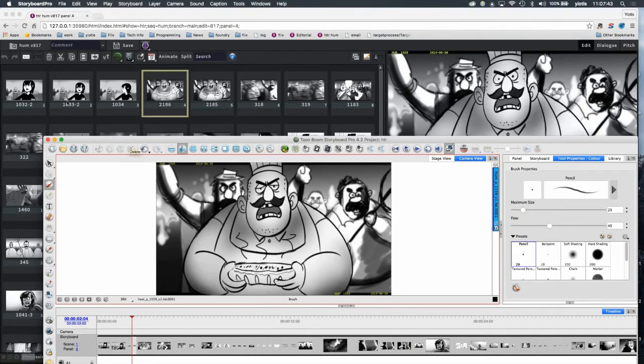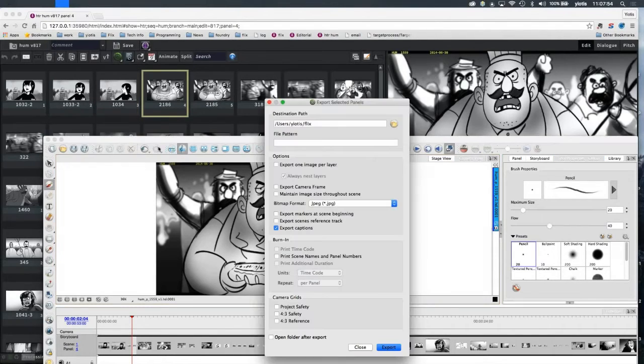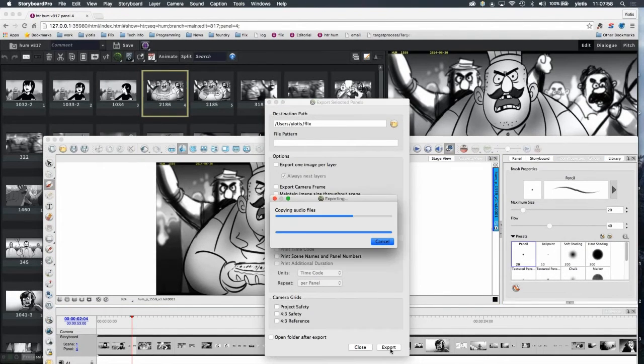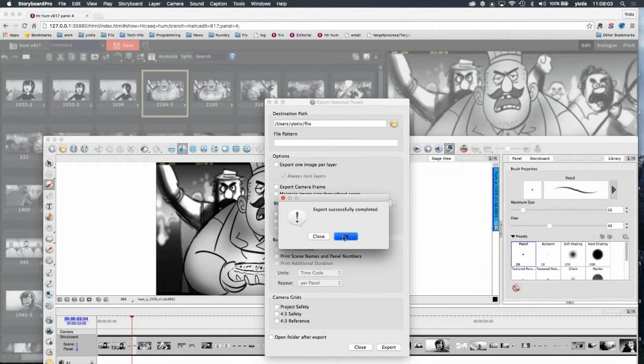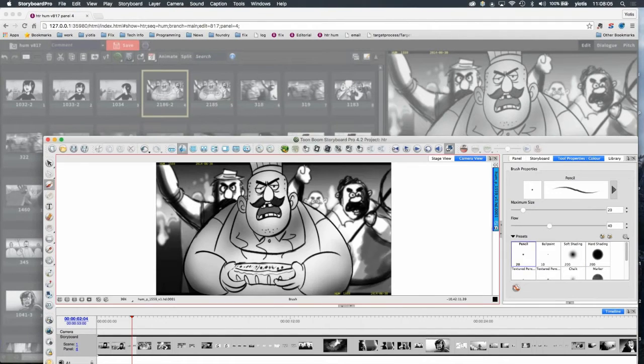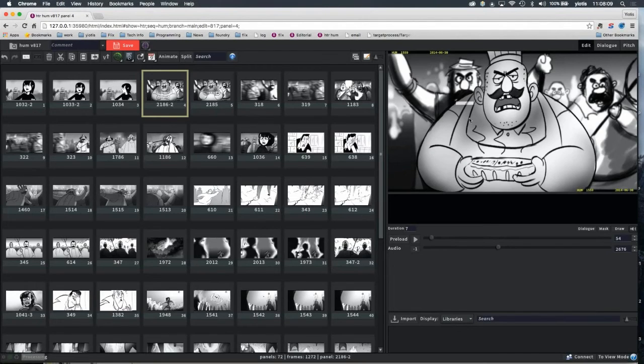So now if I make a change to that panel, I can easily send it back to Flix by using one of the three options. This one will export my entire project, but in this case I just want to export the selected panel. So I'm just going to select that, and I leave the settings exactly as they are. And Flix will automatically detect that I made a change to the panel, so I can see already that it updated the panel within Flix. I can see that it brought in my changes, it replaced it in the edit, and at the same time,